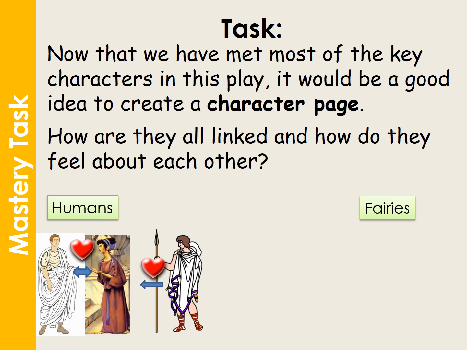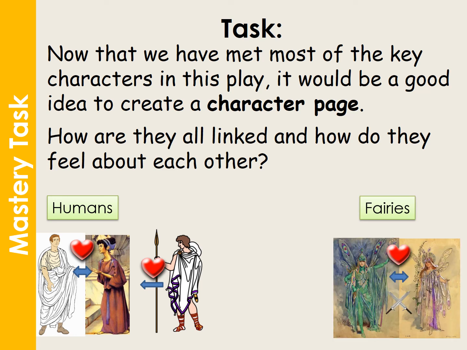And then we have things like the fairies for a heading. We have Titania and Oberon, who love each other, but are also constantly fighting one another. So I've gone with kind of arrows and pictures and so forth to try to explain that. If you'd prefer to use words and just explain it out, that's also fine. But what we're going to do is just start creating this character page that you can then add to whilst we read through the play, so that you can better understand what the characters are doing, how they're responding to